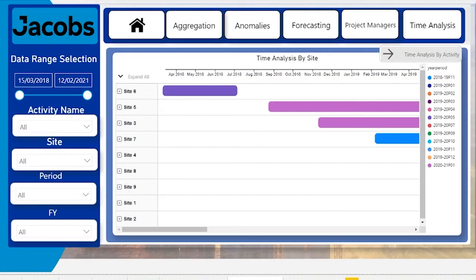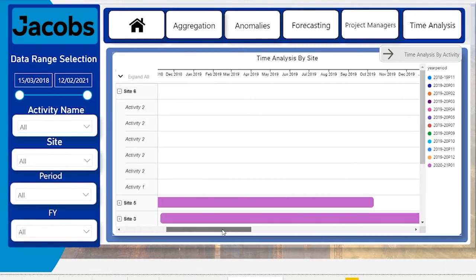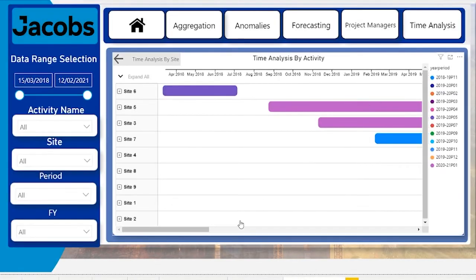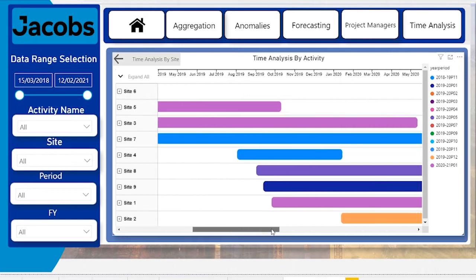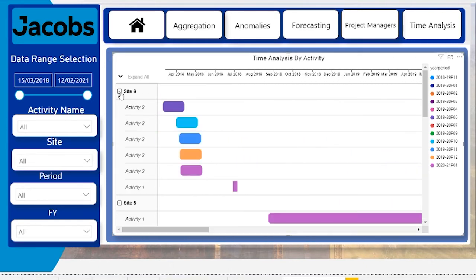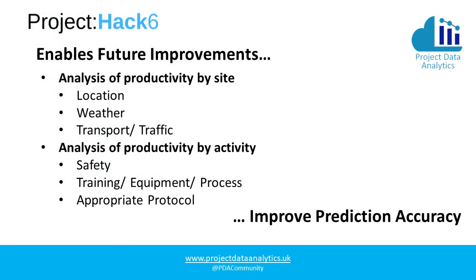Likewise, we can look at time domains. So we can look at the sequence of events for a given site, a given project, or a given type of activity. By doing this, we're able to drill down and say, are there similarities between activities or sites or personnel in terms of how time is involved in the matrix of evaluation and progress? If we are able to change the way that we're doing things now, that will also point to errors, problems, and incomplete data sets, which will help us to enable future improvements.